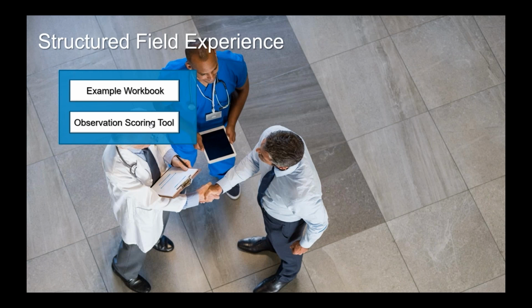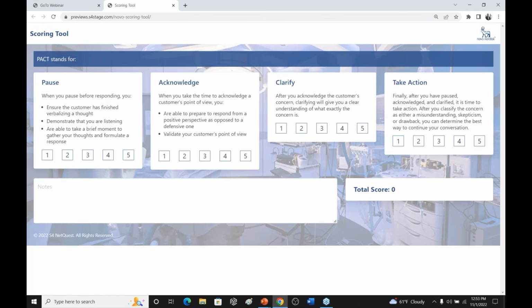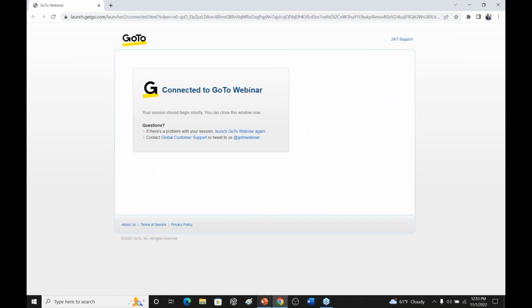Observation scoring tool. Again, we're big on tools to help them apply knowledge and use those tools later. If I was doing a ride along and I'm watching a more experienced rep, give them a tool rather than just looking and watching somebody and thinking, well, they seem to do a good job. I can have this on my tablet. And again, did they pause, acknowledge, clarify? I can score them. And this particular tool keeps score automatically. Then I can come up with some questions to ask that experienced rep at the end of my structured field